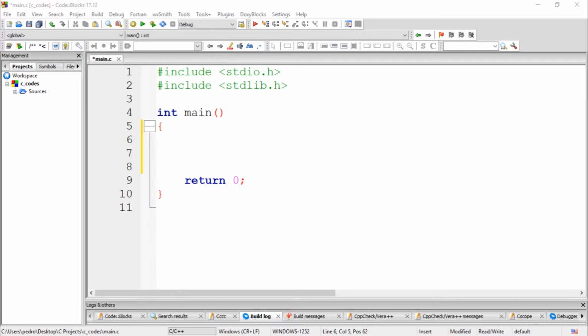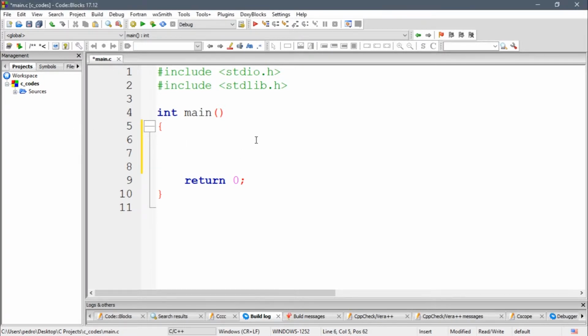So the first thing we're gonna need is a variable. Okay. So let's create a variable called counter. Counter will be equal to 0. And now we're gonna